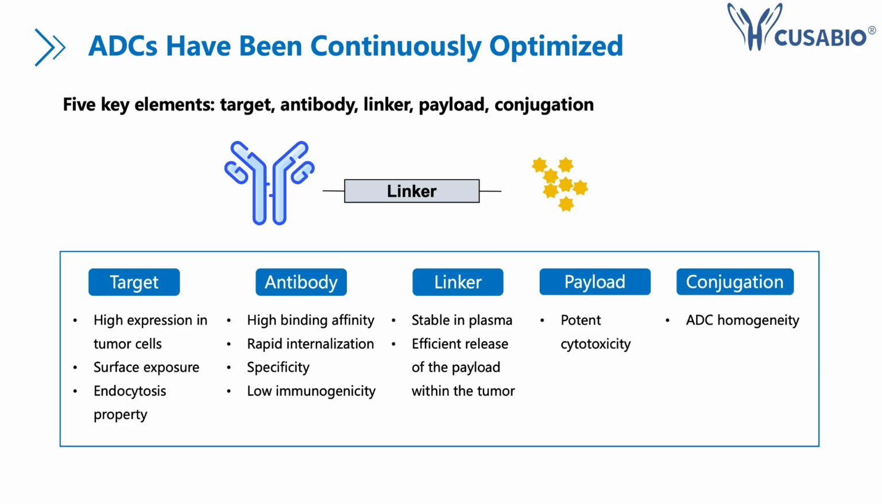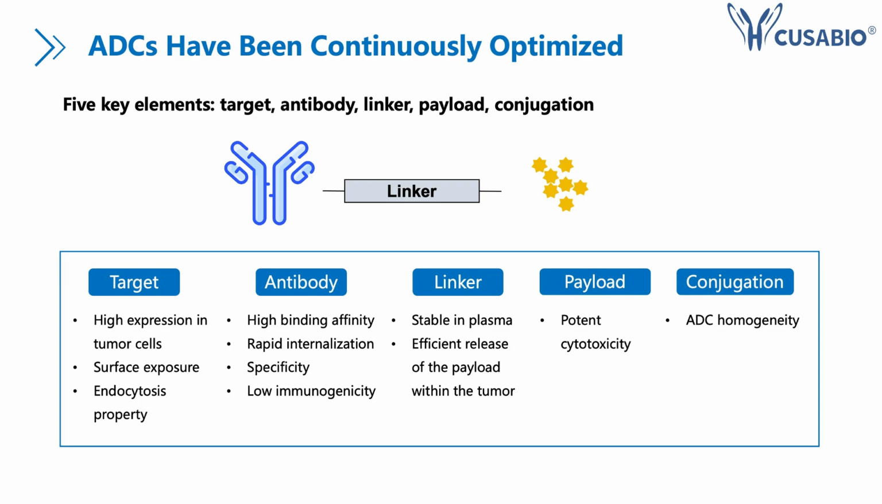Here I will make a summary of 5 key elements that are important for ADC to continuously optimize. They are target, antibody, linker, payload, and conjugation. For each element, I think I could talk about so much. For each element, we have a lot of strategies and lessons from the past that we can talk about, and there are still a lot of things that we can keep optimizing